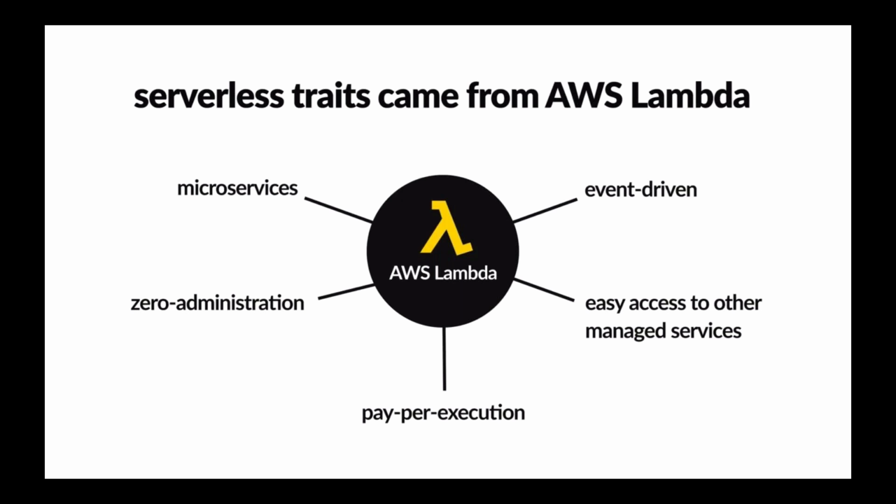And the traits of serverless, the qualities of what we know as serverless today, all came from this new compute service called AWS Lambda. AWS Lambda was created and released in 2014, and it's basically a combination of fantastic ideas. So when I saw this, I said, as a developer, as an engineer, this is the compute service I've always been waiting for, just because it's a combination of these great ideas. So what are these qualities?